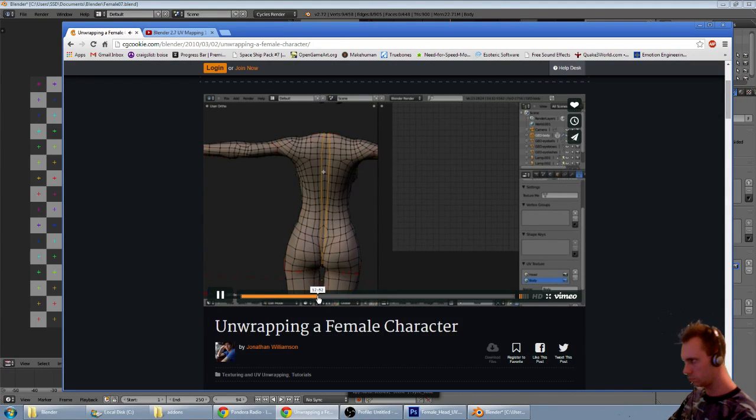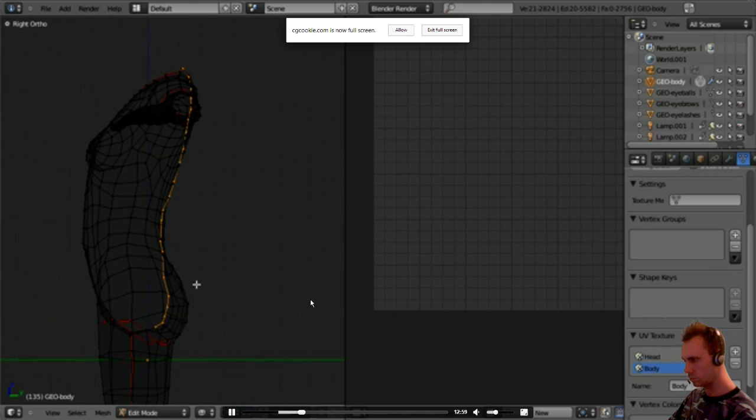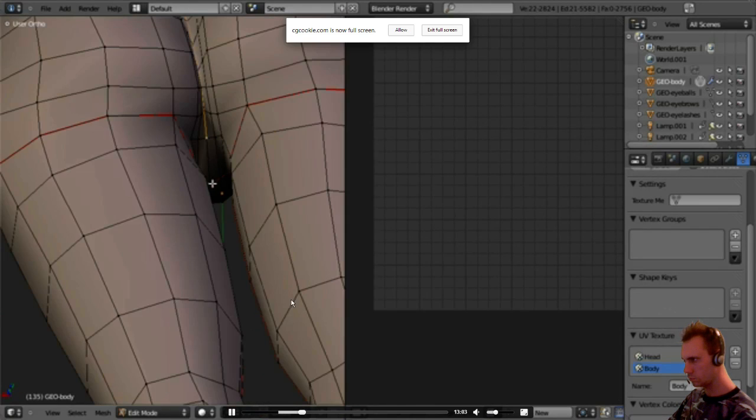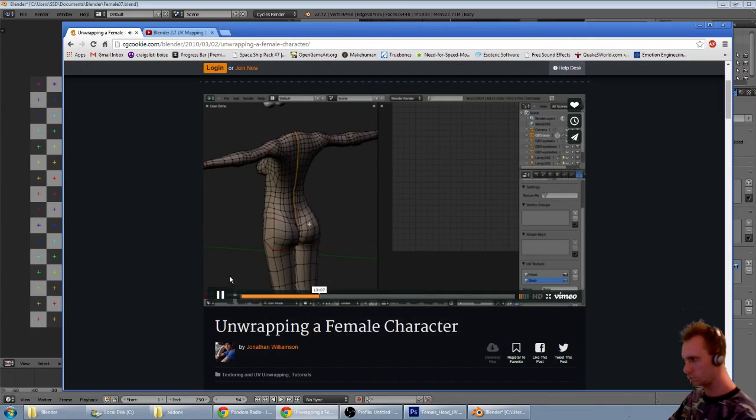I want to add a seam right down the center of the back, and we need to be sure to deselect the front. Again, I'm doing it down the back, since you won't see the back of the character nearly as much as you will see the front in most cases. You know, if you're doing a still